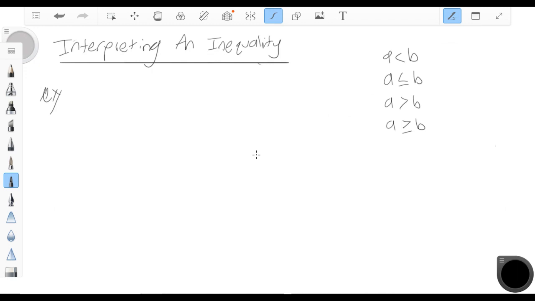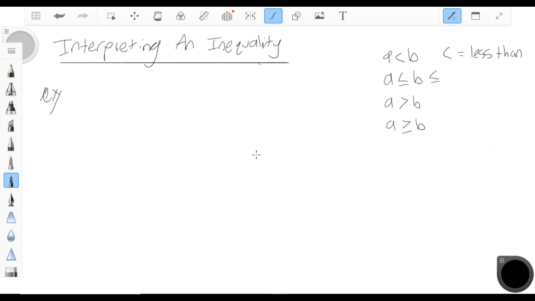So when we're dealing with inequalities, we have four main symbols that we use that are denoted over here to the right. So this first one here, this symbol right here, is the less than symbol. And it reads number A is less than number B whenever you see this. So anywhere that this inequality symbol opens up to, the number that it opens up to is the number that is greater. And similarly, the second one that we have